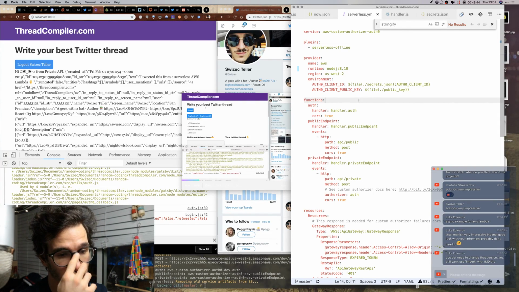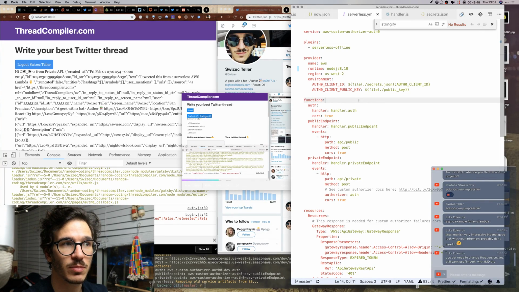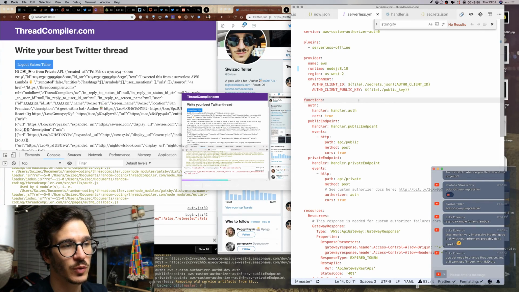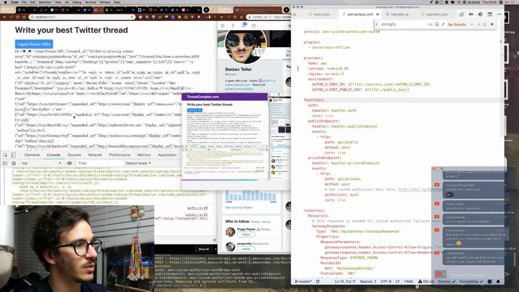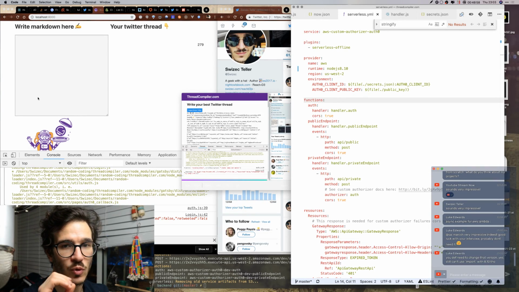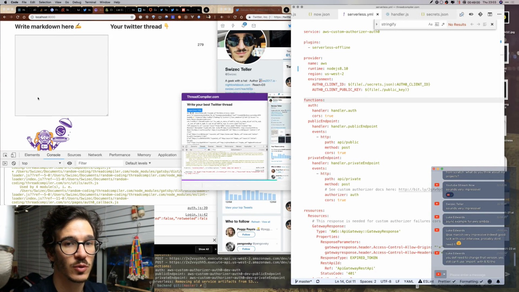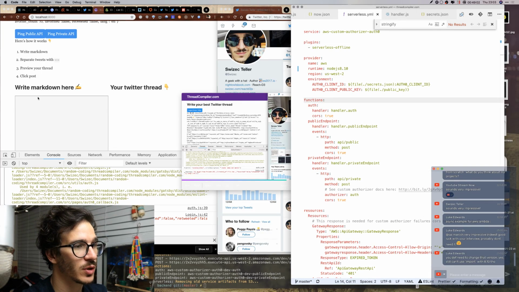So we're going to continue probably on Sunday with this, clean up the code and make it so that you can actually use the markdown from here to make your tweets and turn them into Twitter threads. And I think that should be pretty cool.